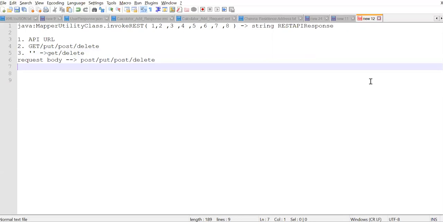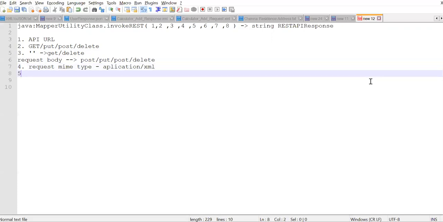The fourth parameter is your request MIME type. If you have a request body, then you need to mention here the MIME type of your request. For example, it can be application XML or JSON or HTML, like that.